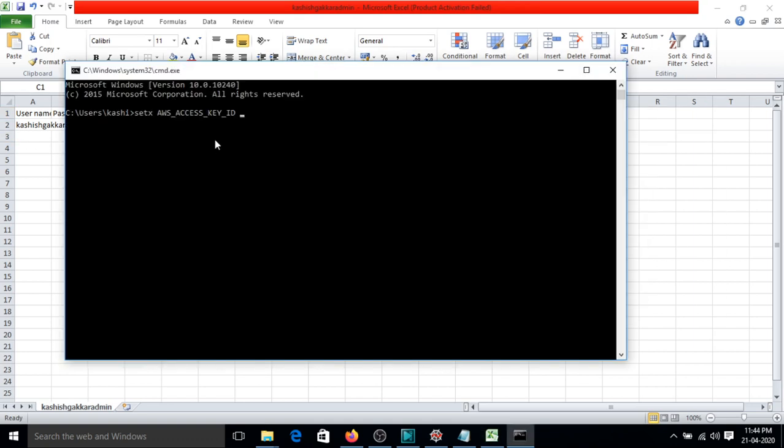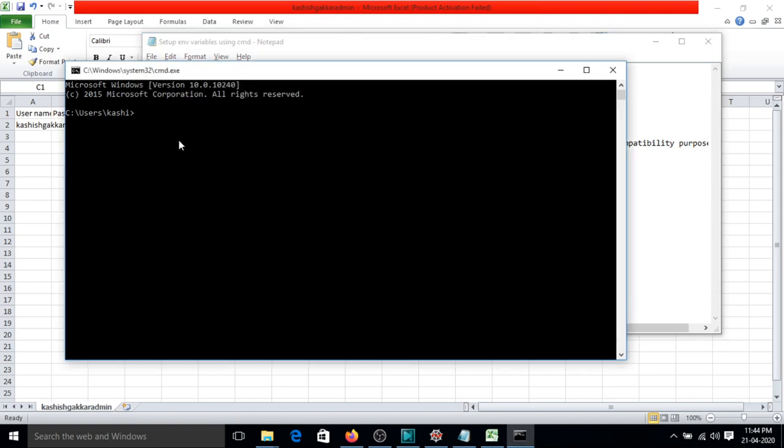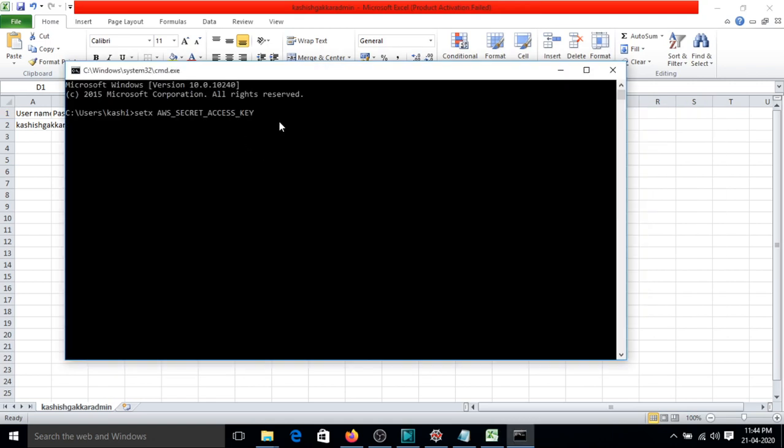I'm not showing because that is something confidential, so just paste that value here and press enter. I'm not running it. Then once it is done, run the second command, which is for setting up AWS secret access key. Paste the secret access key from D2 into the CMD, and press enter.